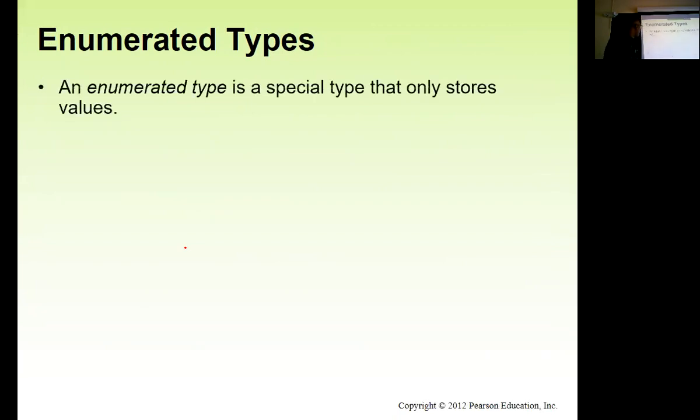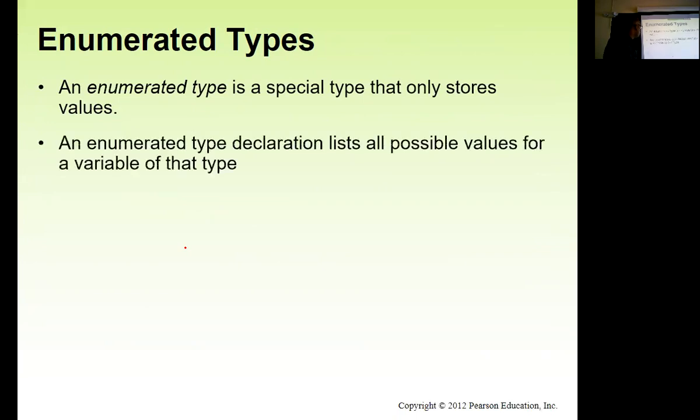One of them is something called enumerated types, which you might like. An enumerated type is a special type that only stores values. It's generally a declaration which lists all the possible values a variable can take. And the quick thing that comes to mind is that